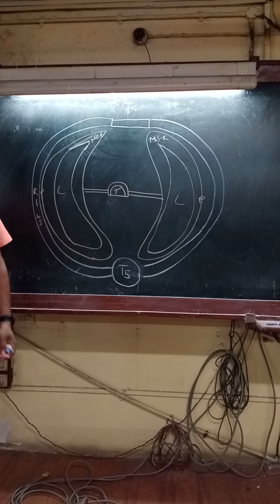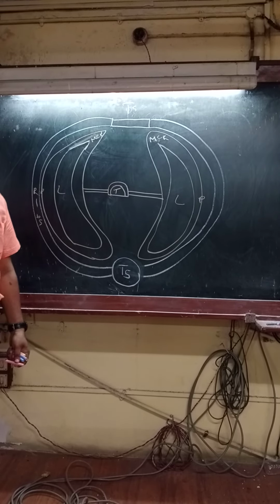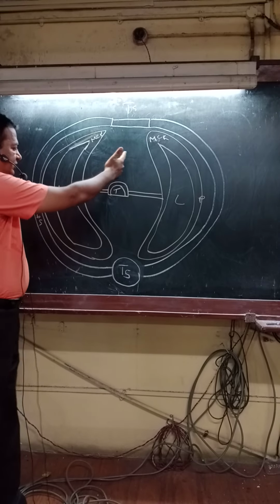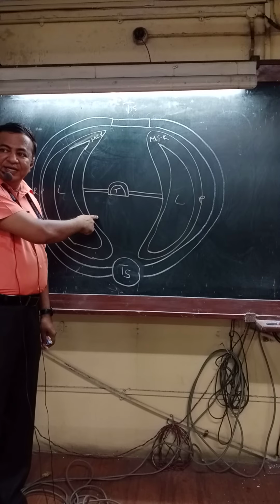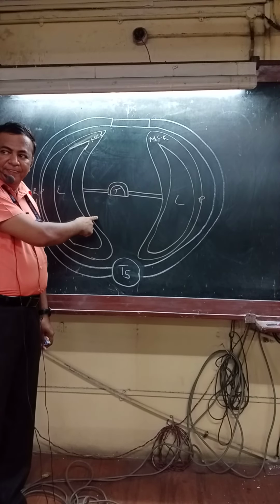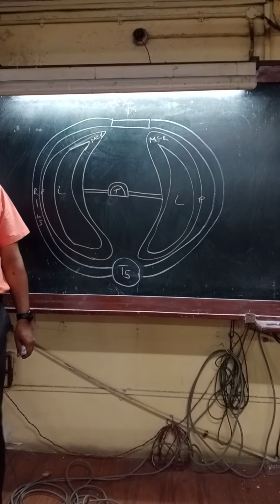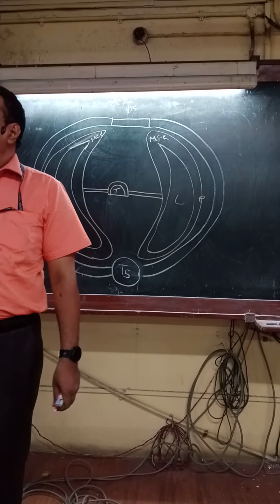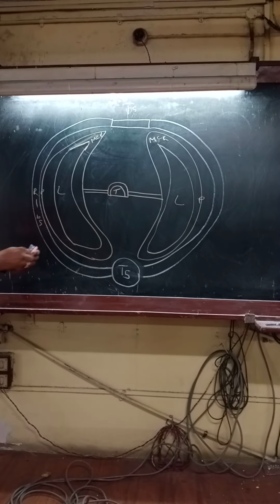Now, I said ascending aorta ends at T4. Arch of aorta starts at T4, crosses the left bronchus, comes here, becomes descending aorta at T4. Descending aorta starts at T4. That means we are not going to see arch of aorta in section at T5. We are going to see ascending aorta and the descending aorta.